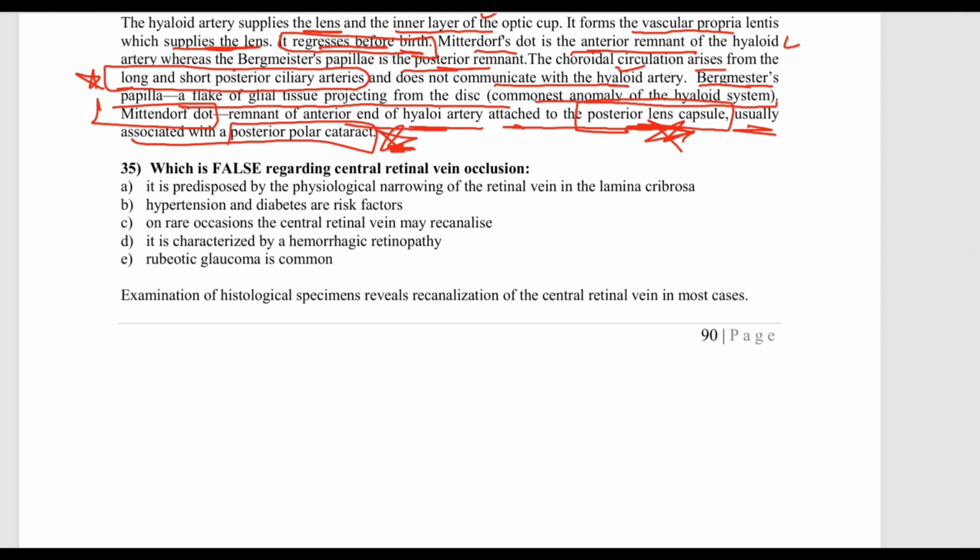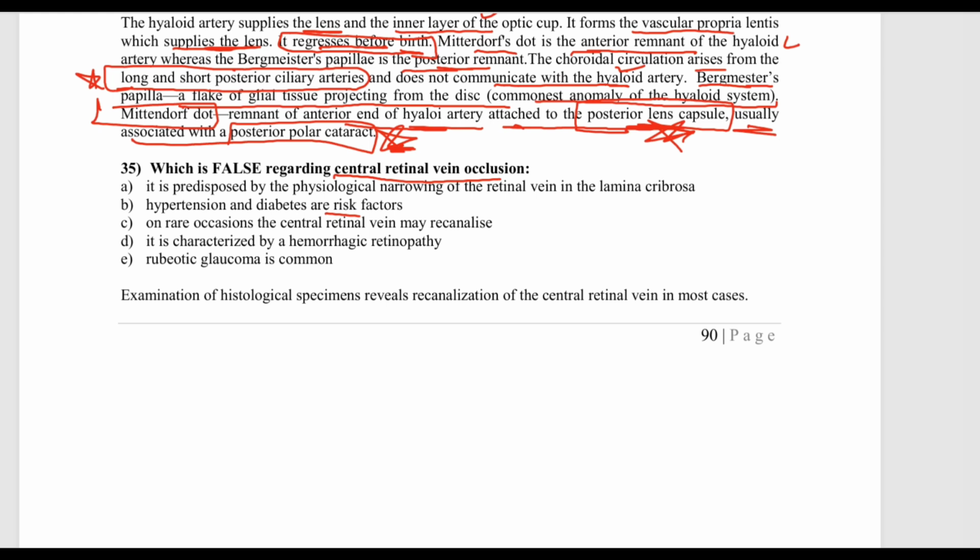Our next question is which statement is false regarding the central retinal vein occlusion? The options are: it is predisposed by the physiological narrowing of the retinal vein in the lamina cribrosa; hypertension and diabetes are the risk factors;